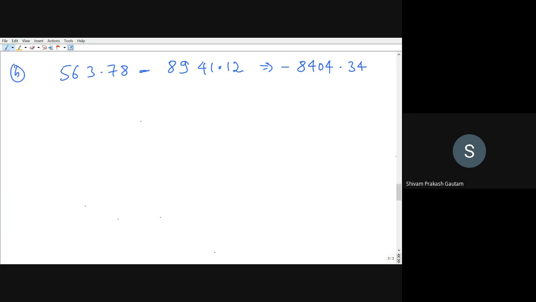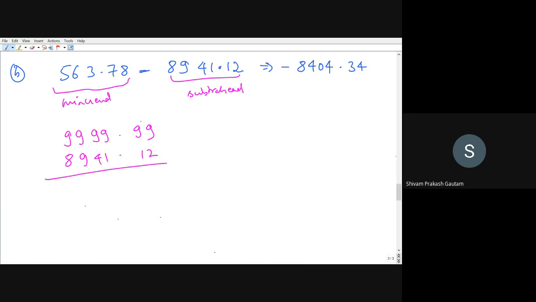Now we will solve it by using 9's complement. So what does 9's complement say? This is the minuend, and this will become the subtrahend. So we have to calculate the 9's complement of the subtrahend. So first we will do this. So this will be 7. Let me know if I make any mistake. 8, 8, 501. So this is the 9's complement representation of our number.